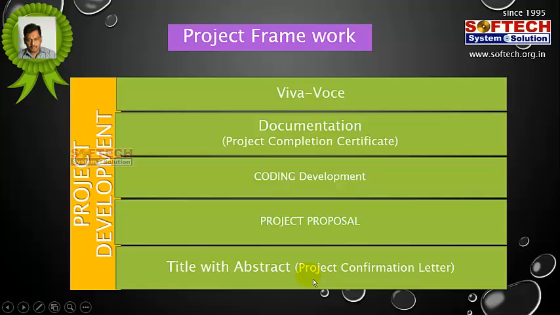Then we select the software, that is the IDE. It may be .NET. We can use Visual Studio or Android, or we can use the appropriate IDE and software. By using this software, we can start to develop the coding by module. Then we link the modules with the help of the module description, ER diagram, and data flow diagram, because we have a clear idea after the project proposal. So by using that idea, we can develop the coding.